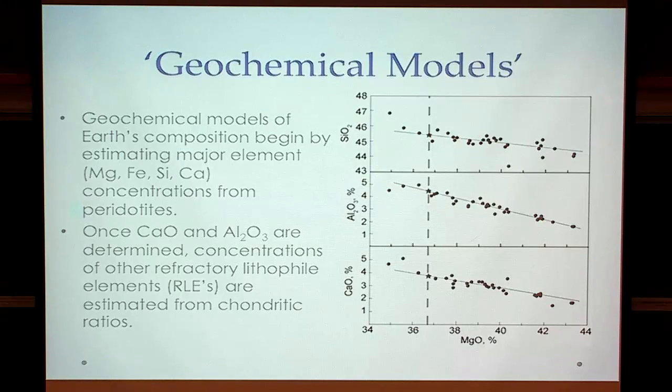I guess the thing I'd add is that it's more likely that the convecting mantle and lithosphere diverge in the concentrations of trace elements, and these are not estimated this way. As I said, we get the refractory lithophile elements by this ratio to calcium and aluminum. So,